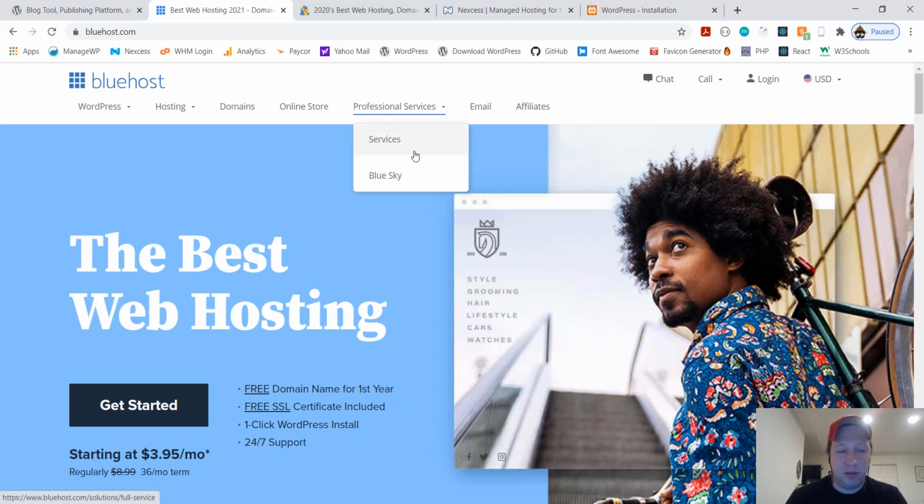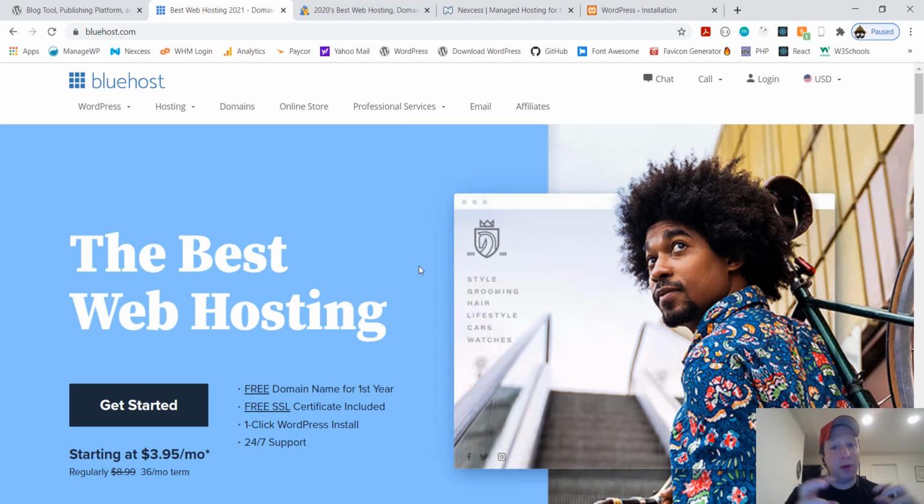So Bluehost, good one. The only downside is that it's what they call shared hosting, meaning that your website is on the same computer, the same server, as hundreds or possibly thousands of other websites. So sometimes your website is a little slow, but I've used Bluehost before and they're not too bad. It happens maybe once a month, if that. So it's not too bad.